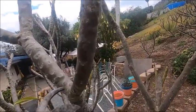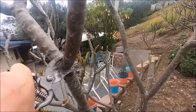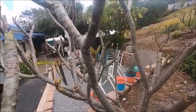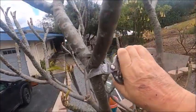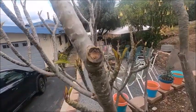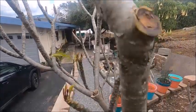So here, this has infected the whole branch. So this is all coming off. Wow, this is hard to do with one hand and left-handed. Okay, wow, that was really tough. I'm really weak. Okay, here we go. Off it comes. And you can see it's there, but it's terminated. It hasn't gone anywhere else in the rest of the branch,